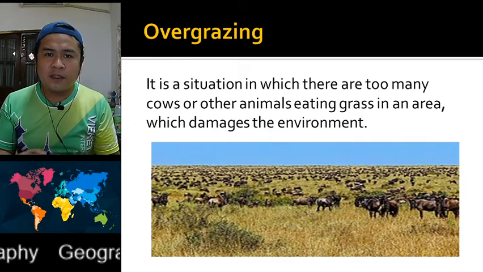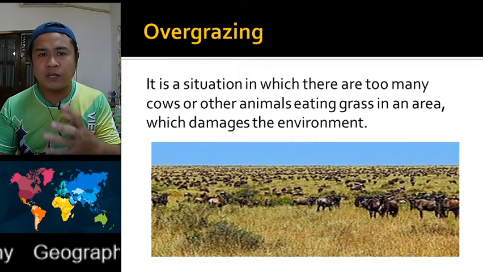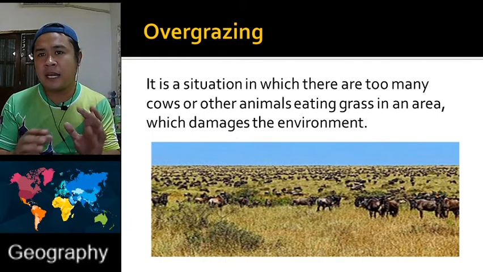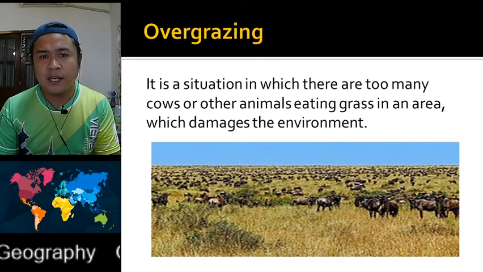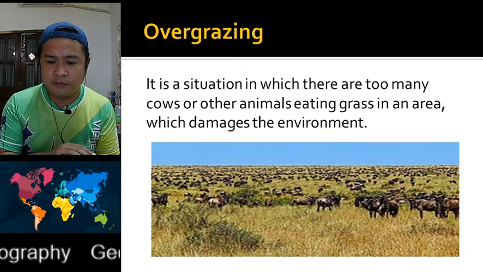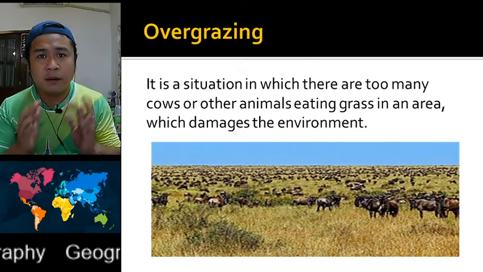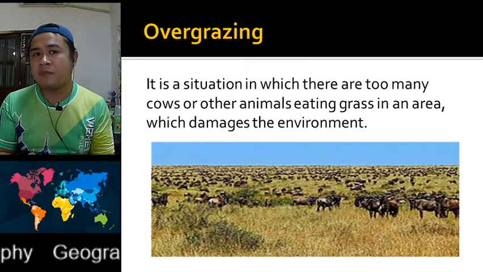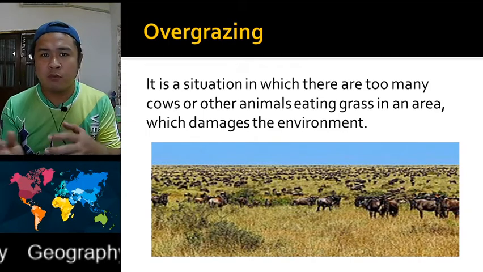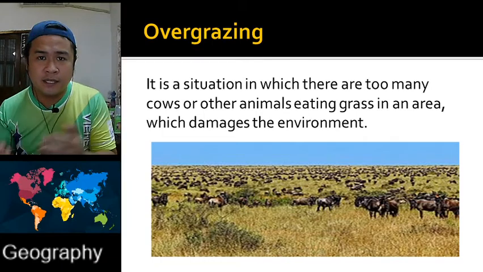The problem is that there is no time for these plants to regenerate or to grow. That means there is no time for recovery, and the stumps of grass and plants will not be able to grow anymore. Plus, there is an absence of or less precipitation in a place. When these two things happen together, desertification may occur.